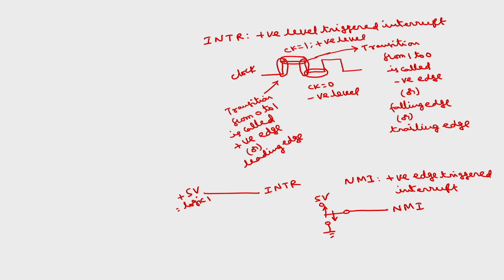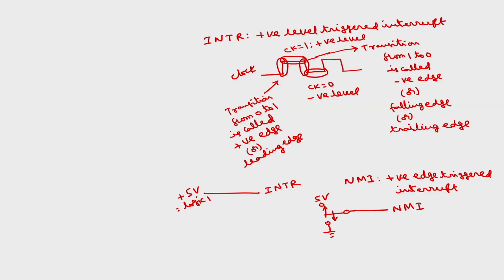This is one difference. Another difference is that INTR can be masked, NMI cannot be masked. So, this is how, whenever the microprocessor wants to execute some emergency program by an external device request, it will execute that program through the interrupt. The fourth external operation is the hold operation.